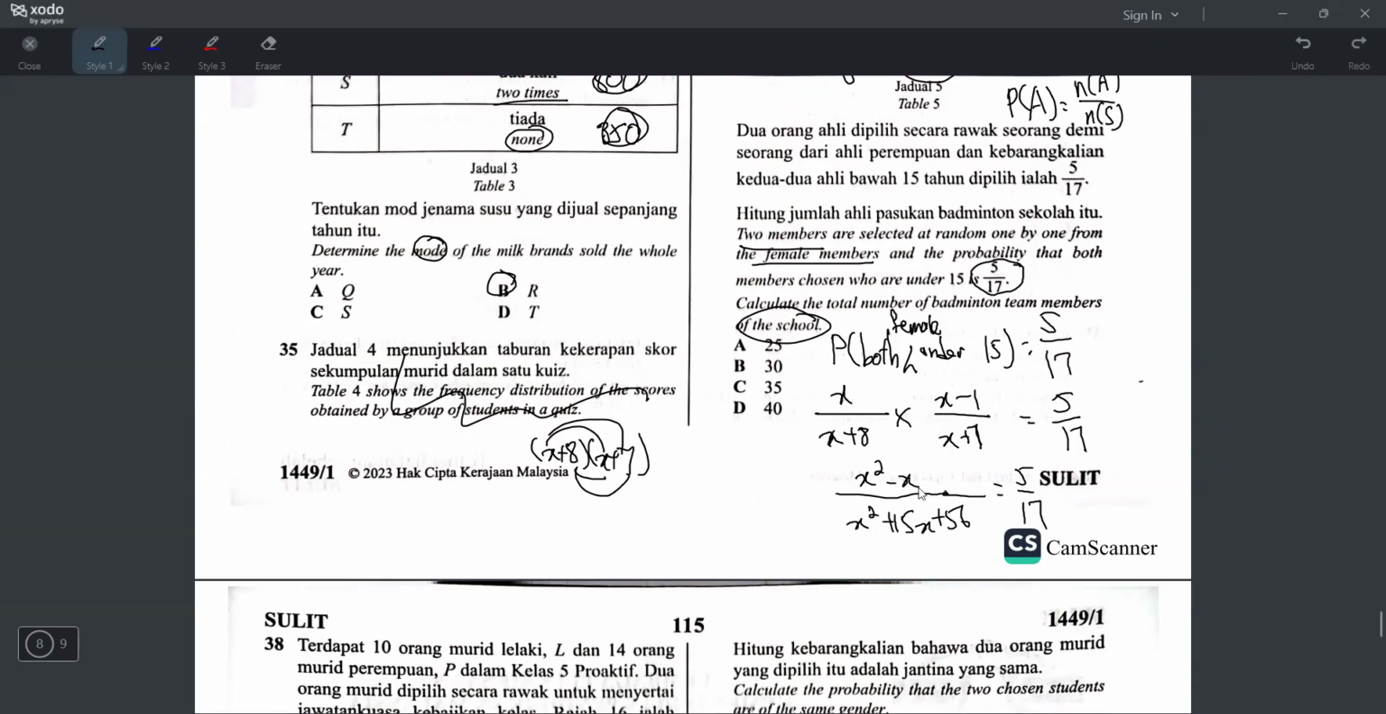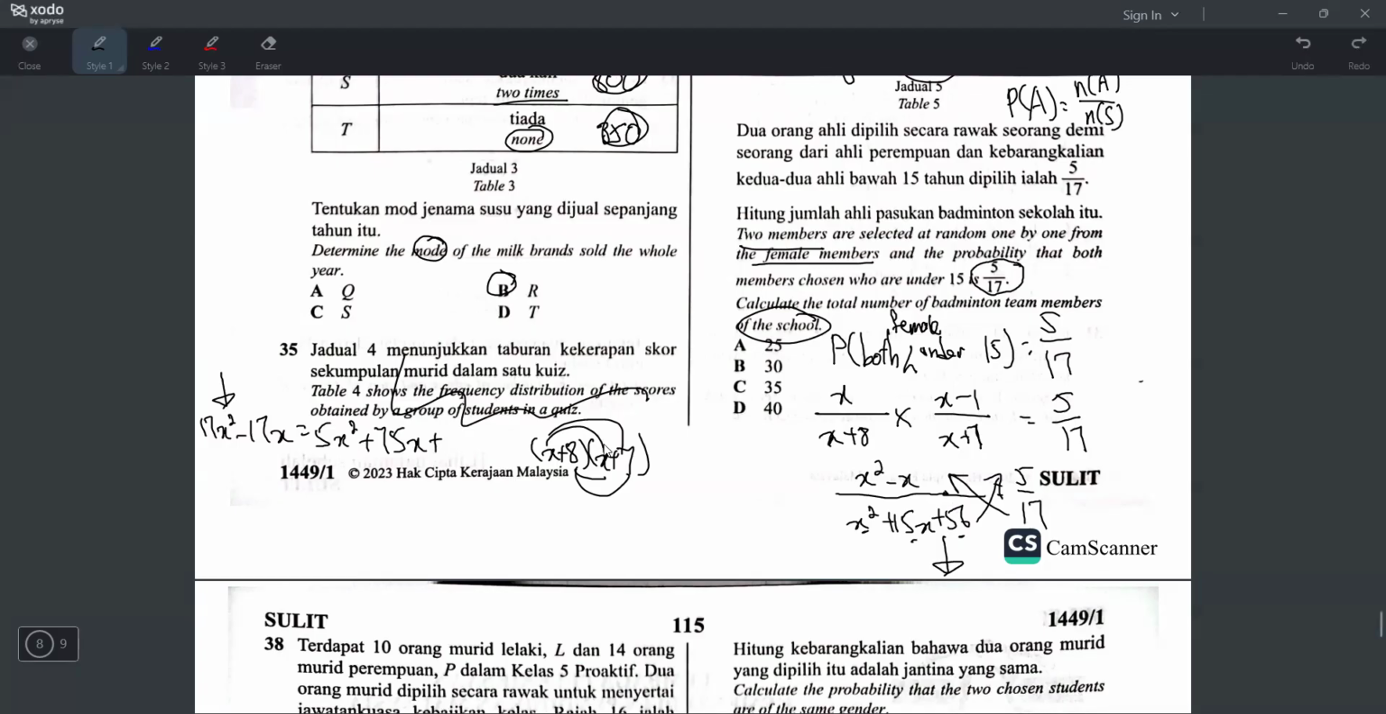Okay, sampai sini you boleh darab silang. Okay, cross multiply because you have single fraction on both sides. Something over something equals something over something, you cross multiply. So you darab macam ni and then you darab macam ni. Okay, I don't have enough space, so I write here. Okay, so when you darab silang, it becomes 17 times x square is 17x square minus x also kena darab 17, dapat 17x equals, okay, 5 darab 3 term ni. So 5 times x square, 5x square, 5 times 15, 75x, 5 times 56,